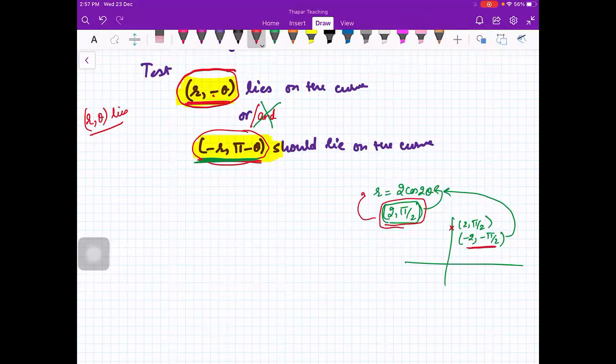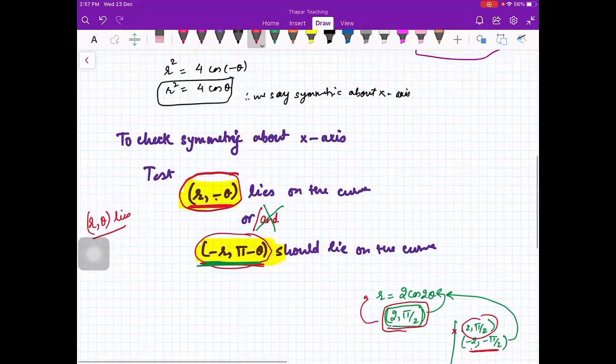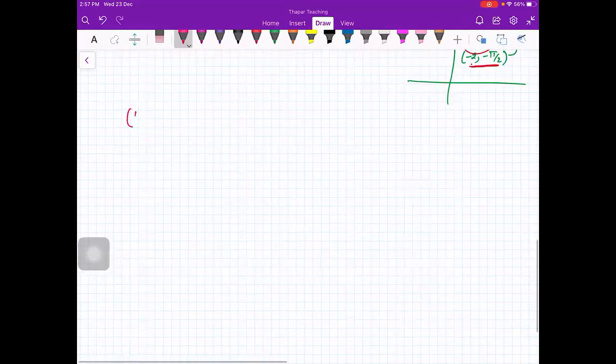Is that okay? Yes, ma'am. And that other name will always be obtained just by replacing r with minus r. All others will lie: if this is lying, then plus minus 2 pi will lie. But you have to replace this r with minus r. So I told you yesterday how you can have all the polar coordinates of a point. This is a test you will remember everybody: to test the symmetry about x-axis, you will test whether r comma minus theta lies on the curve. This is 'or'. You don't need both. So this is a test we will remember. Then we have next, which is symmetry about y-axis.